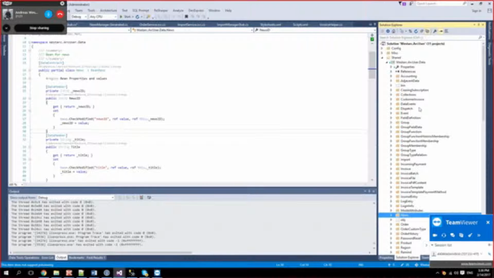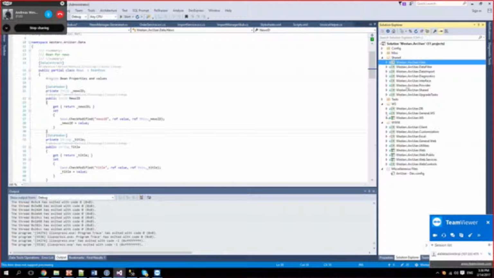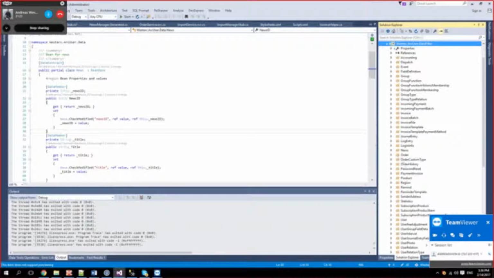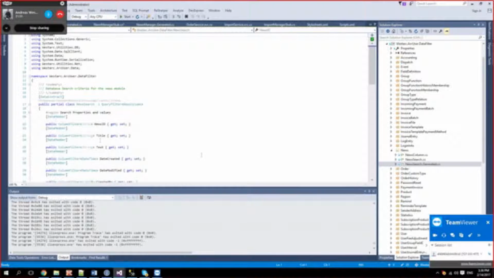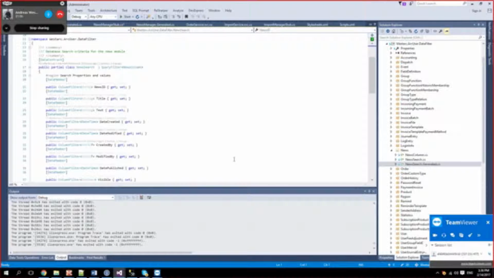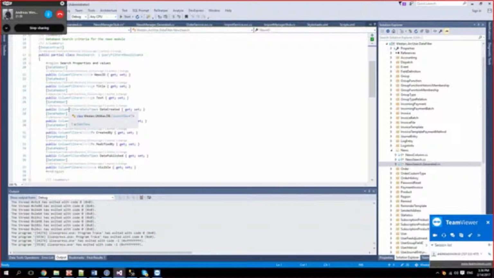So these are the data models. The data filters that we just used in the news example are located here. And we have this column filter that is specific to one of the columns in the database.